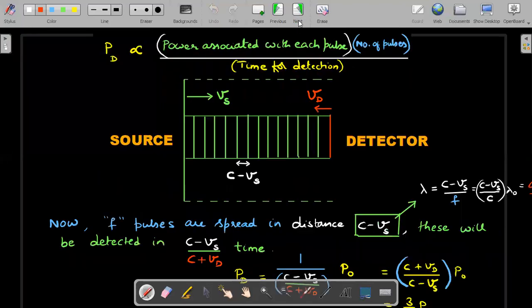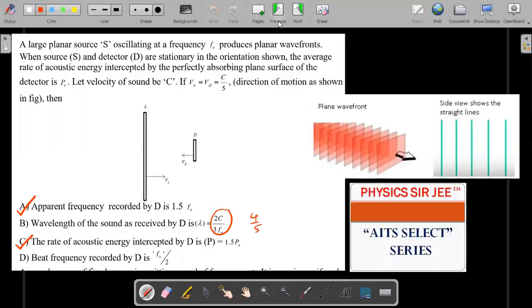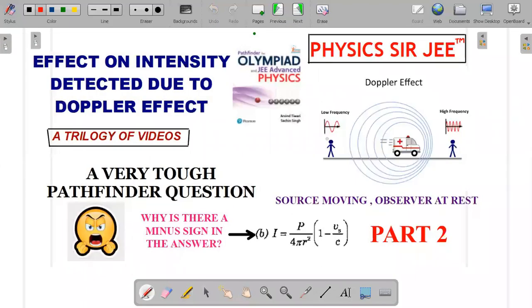I hope you have liked it. For those who are new, please make sure that you watch the 3-part video on the spherical wavefront. It is slightly more difficult, but it will be on the lines of what I said. It will be solved from basics. There's no mug-up formula. You could see the answer in the Pathfinder also here. Spherical wavefronts don't contain a square. Please go through them. They are very important for your JEE Advanced syllabus.